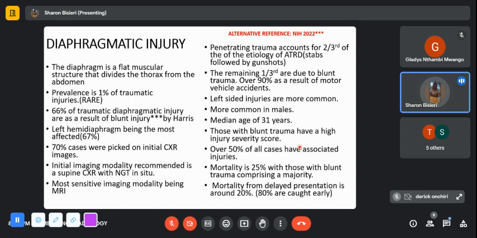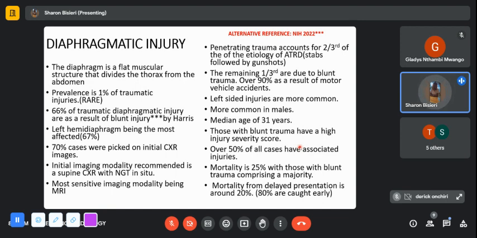So it's quite important to still go with that as the initial imaging modality. It is also recommended that when you're doing that chest X-ray, you take it when the patient is supine and when they have an NGT in situ, and we will see why. The imaging modality that's still the most sensitive is an MRI, but a CT scan can also pick up that pathology quite well. In an alternative reference, an NIH article that I've linked in the notes section on this specific slide,